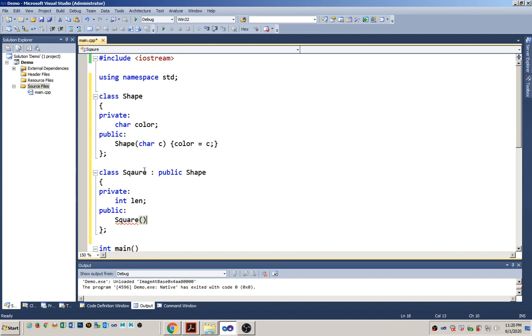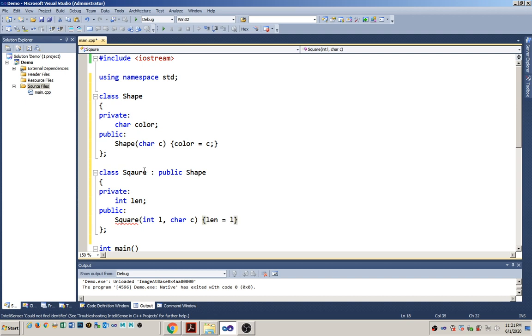And then for now, let's go ahead. I don't want to write all that crazy set function stuff that they did. I guess I have to, huh? All right. Let's go ahead and initialize this the same way that the book did. We're going to require that the user provide the length and what color the square is. And then we're going to inline over here, and we're going to say that the length is